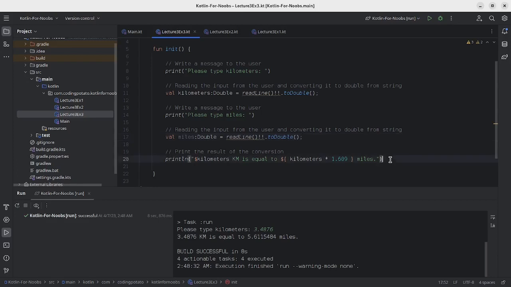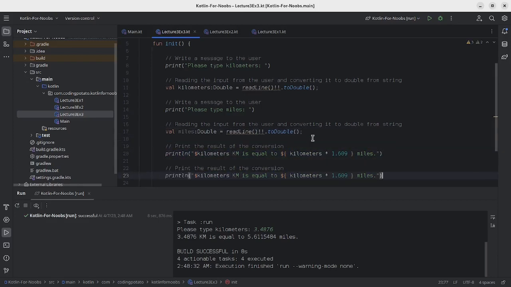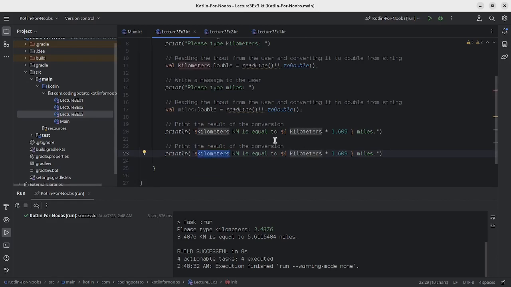So then we copy this. It's pretty much the same thing added below. So here we do miles, which we got from the user, and we change km to miles, is equal to, so this will be different. And here we have km before we changed it, and let's change the miles,